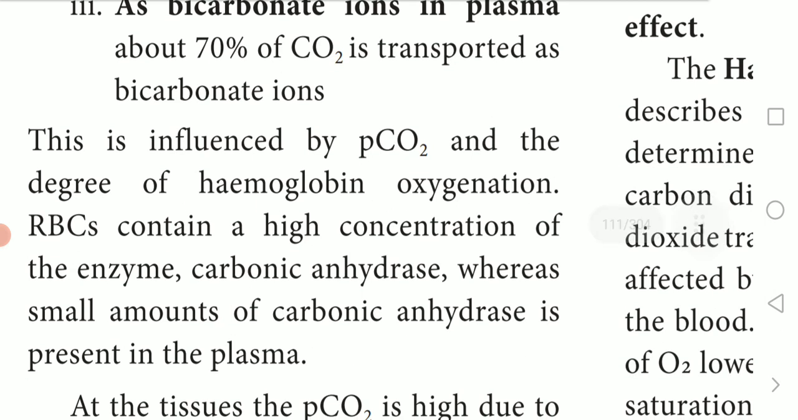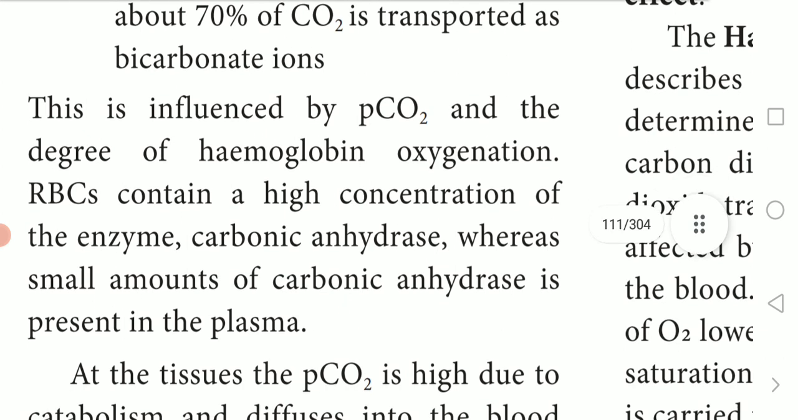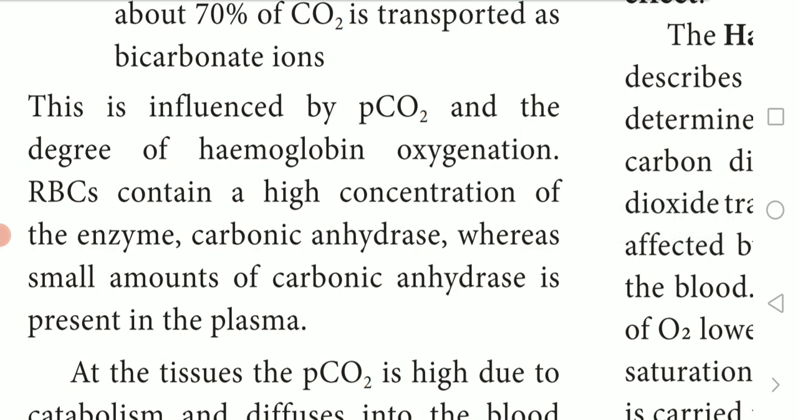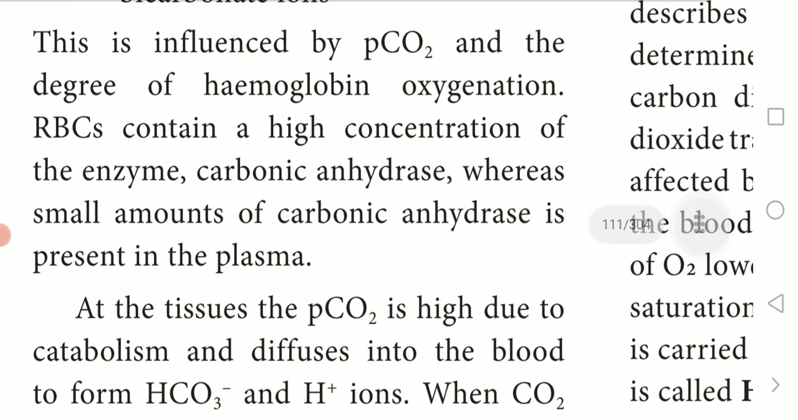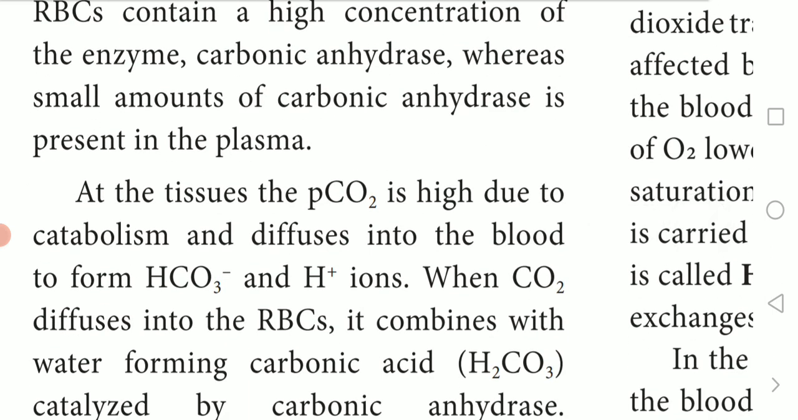RBC contains a high concentration of the enzyme carbonic anhydrase, whereas a small amount of carbonic anhydrase is present in plasma. With the help of this enzyme, bicarbonate ions are formed in plasma. At the tissue level, carbon dioxide is high due to catabolism and diffuses into the blood to form HCO3, which is bicarbonate,